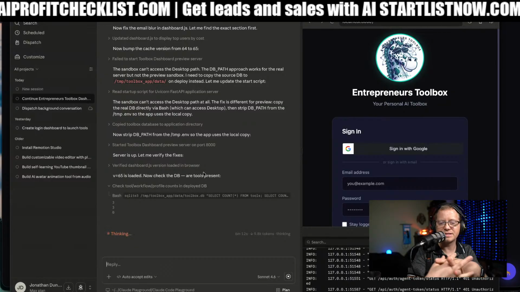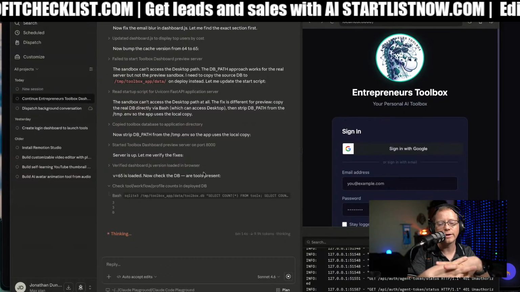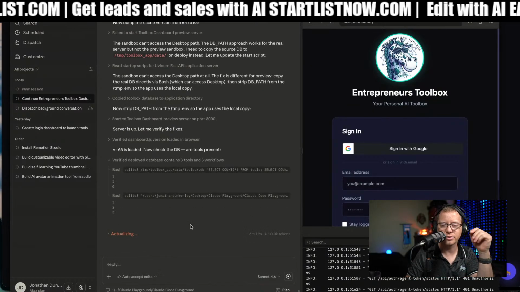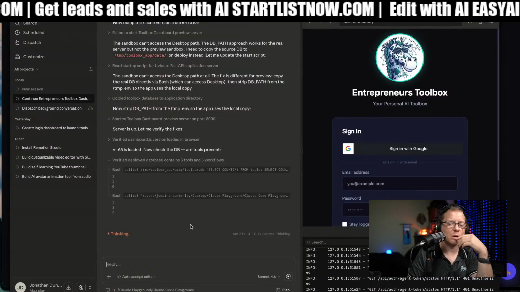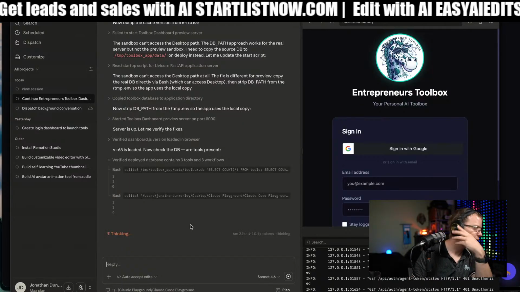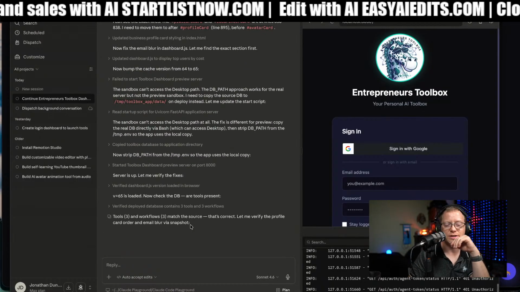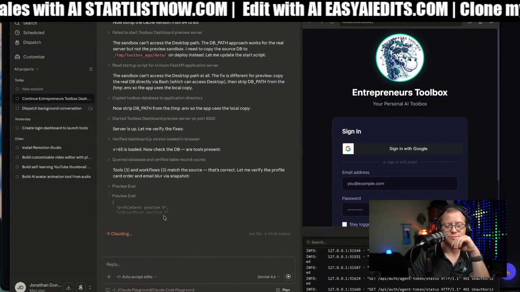I know this seems complicated, but it's not. I think this is the whole point. I'm building a whole entire tool. I don't know code. I'm learning it, and I'm going to be able to turn it into a proper workflow.